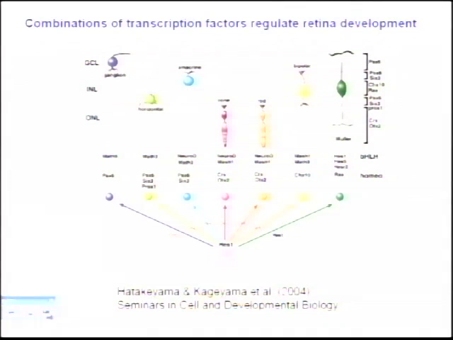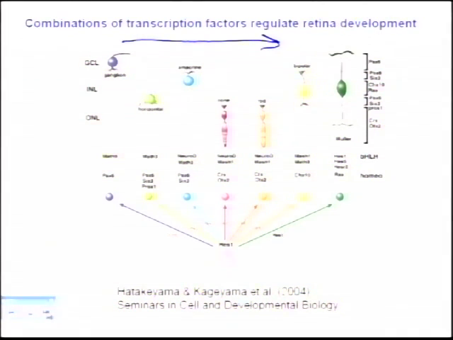So here's a schematic of the different cell types of the retina forming. If you go this way, this is more or less time, and you're looking at the different cell types. The key thing here is that every cell type has a combination of transcription factors that drives its initial commitment from these progenitor neuroblasts. And in general, though this isn't true for every specific case, there are two classes of transcription factors involved in the specification event.